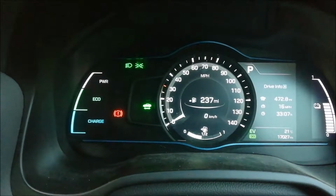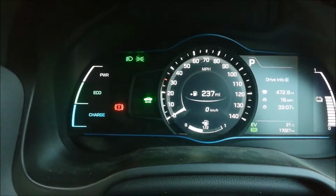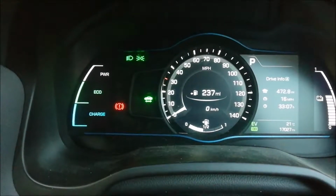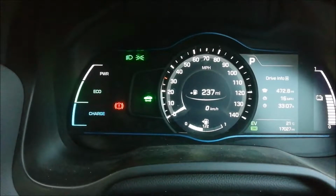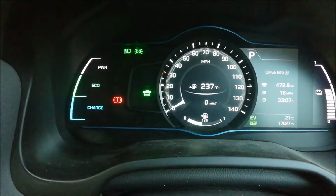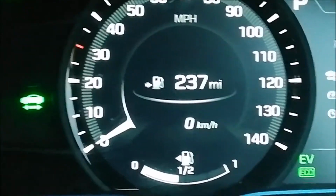So this video is about the range of the Hyundai Ioniq hybrid. It's a 1.6 petrol with an electric assisted hybrid motor. Now, as you can see from this particular dash, there is still 237 miles left on the clock, and I